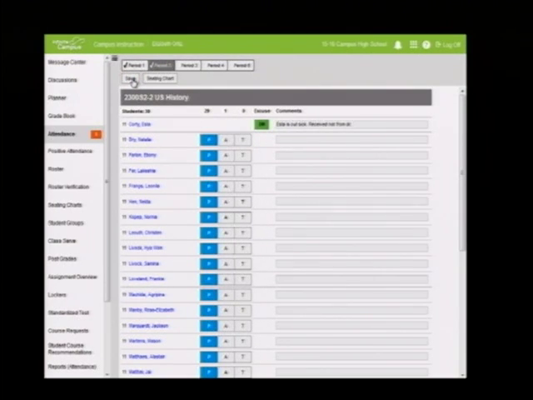Okay, so that's how quick it is to take attendance, and I know I've taken attendance because I get a check mark there. Teachers will only have a window of 24 hours to take attendance. If you don't take it that day, then it will have to be done by someone in the front office. Those are some of the things that are different that I know you're used to, but again, all change is not bad, right? Excellent.